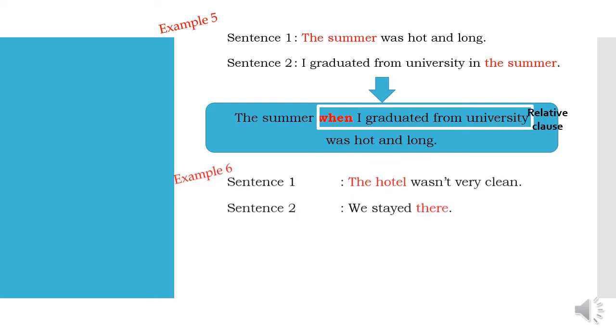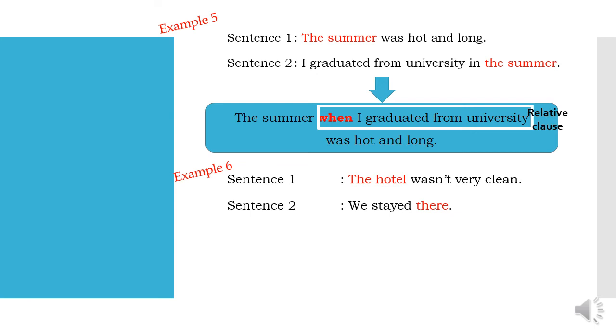And then the last example, the first sentence says, the hotel wasn't very clean. Sentence 2 says, we stayed there. What's the similarity from each sentence? The answer is the word, the hotel, and there. There in the second sentence refers to the word, the hotel. The hotel is indicating place, so we use connector